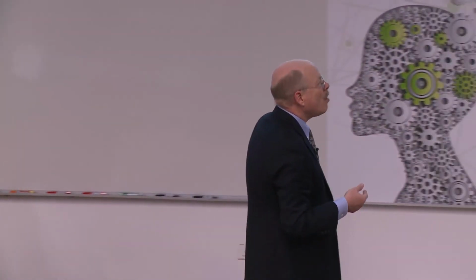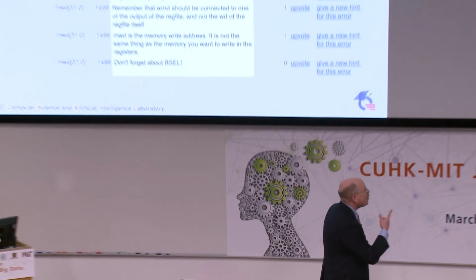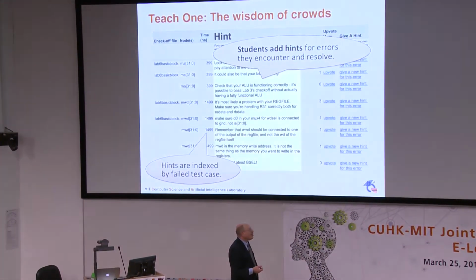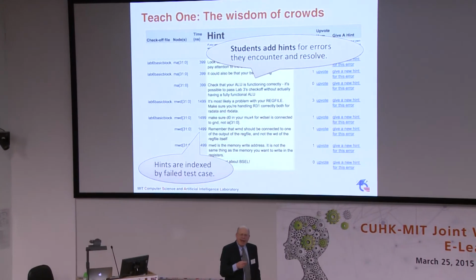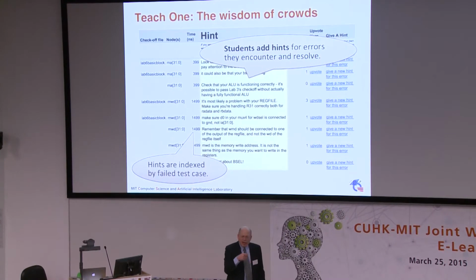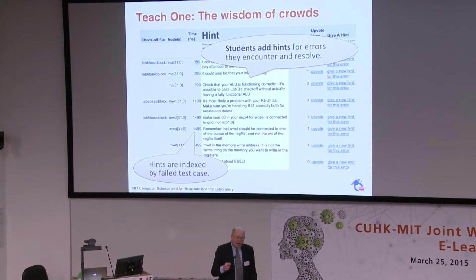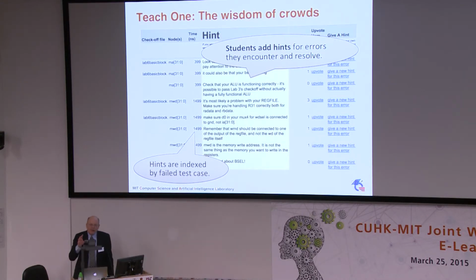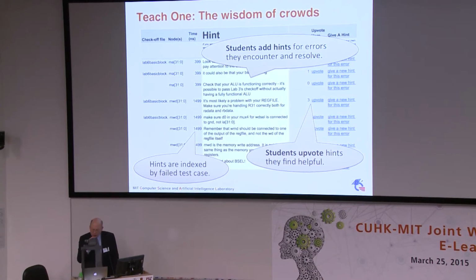We have a system where students are able to add hints about things that are going wrong, particular tests. And so students can go look up. They can say, I'm having the same bug here. Maybe I can go get a hint as to what's wrong. And the students are very good about the hints. They try not to give away the answer, but they try to be constructive about things you might go look at. So I think that's turned out to be a very powerful tool for students to help each other. And I think Rob will say more about that a little later on learner sourcing.